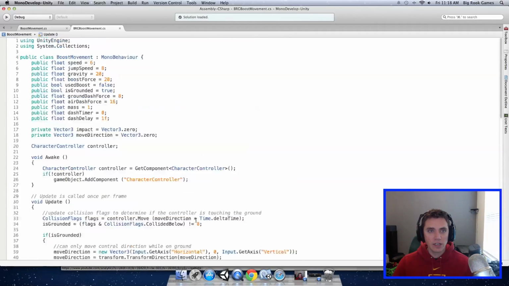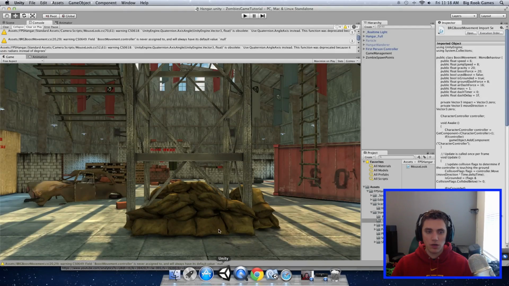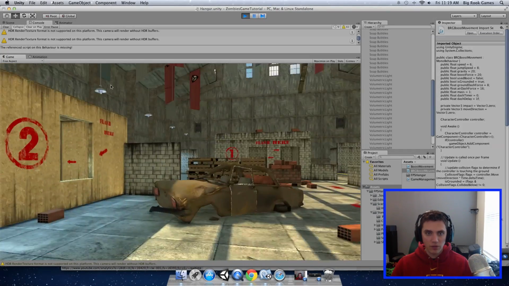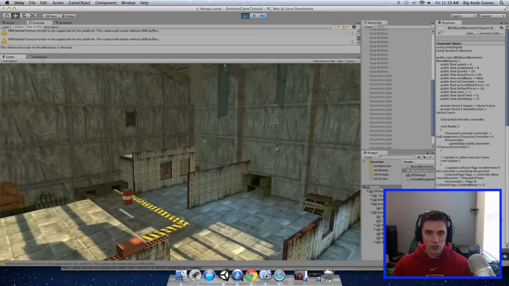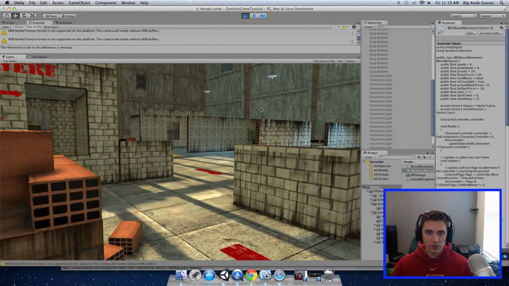And one last thing that I noticed, we never added a variable for isGrounded. So up here you just want to put public bool isGrounded equals true. It doesn't have to be public, but I think it's easier if you do have problems to see if it's correctly identifying when you're on the ground. So if we go back to our scene, we have our movement and we have our boost and our dash. You can dash sideways, dash backwards,